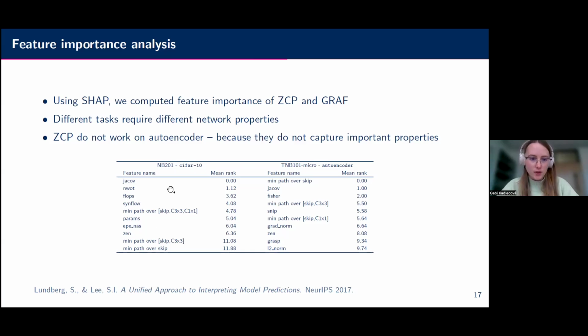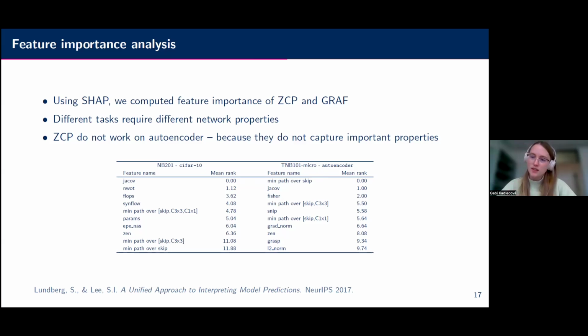For the first one, a lot of the proxies are important, and for the second one, NASWOT, so number of convolutions, is really important. So the proxies kind of overfitted on CIFAR-10 and the number of convolutions, because it was important for the task prediction. But if we look at autoencoder, we find out that minimum path length over skip connections is really important.